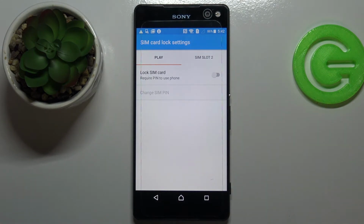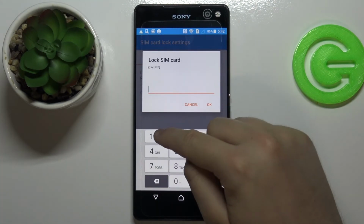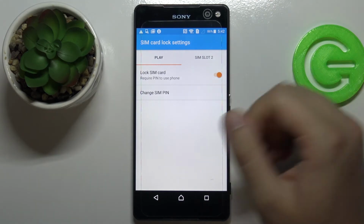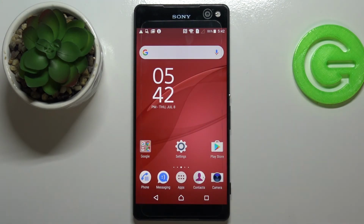And right now PIN code will be not required. If you want to set up new PIN code, just tap on it another time and input it just like that. Click OK. And as you can see, it's very simple,